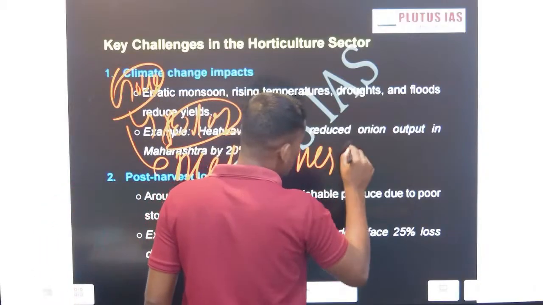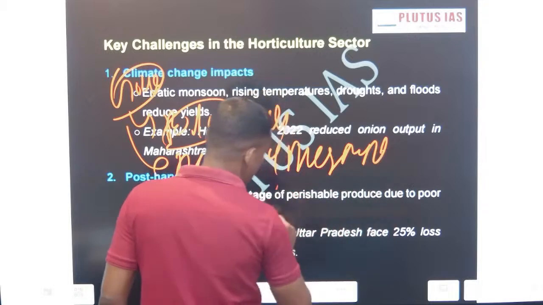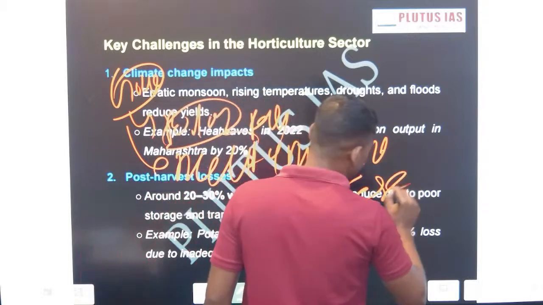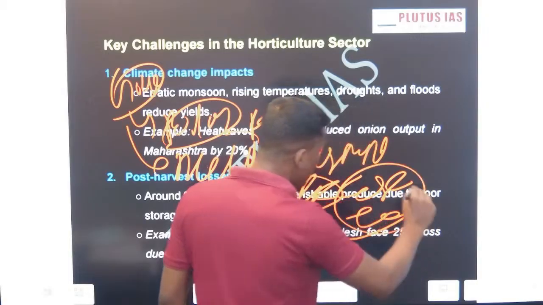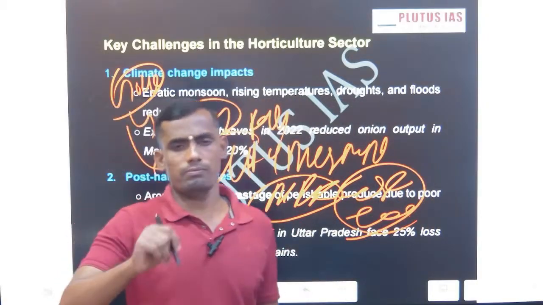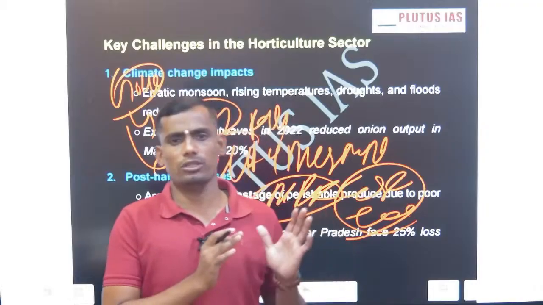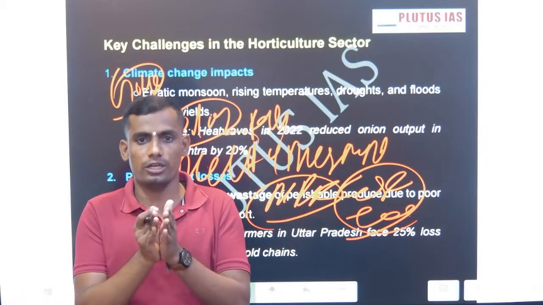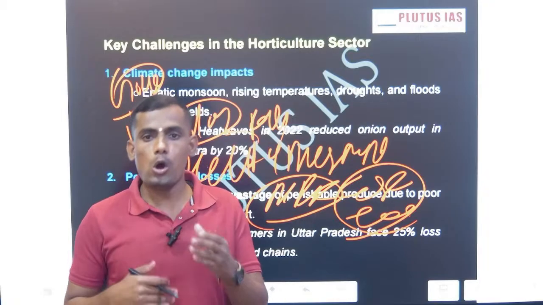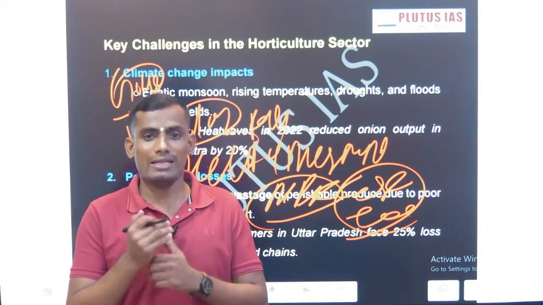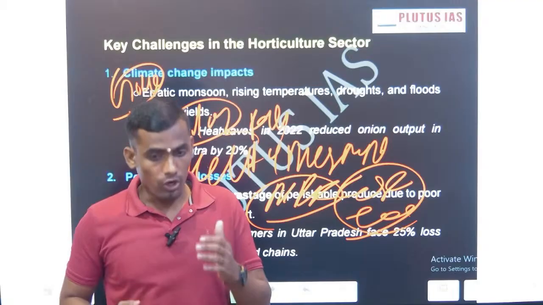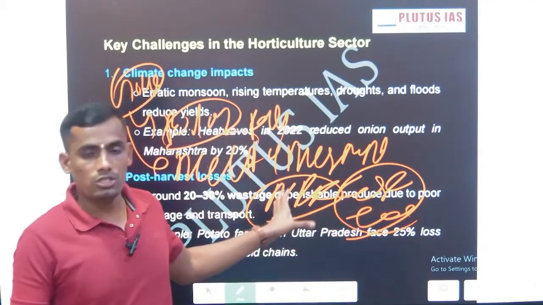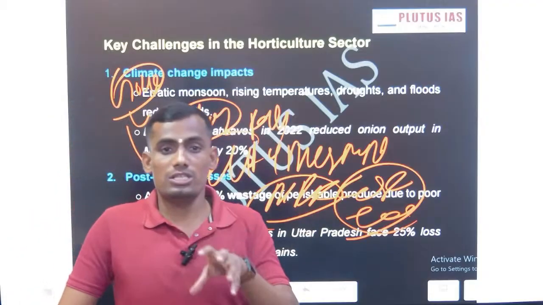Multi-agency involvement means there are n number of agencies: MPEDA, APEDA, the coconut board, the tea board. All these have individual mandates. They are focusing on the individual, but there is no cluster development. There is no clustered authority which will look after all these fruits and vegetables, and can make India's horticulture competitive at a global level. So this is another issue, that is multi-agency involvement.